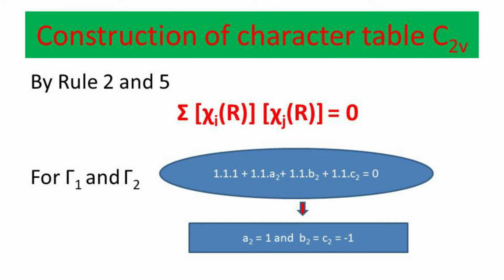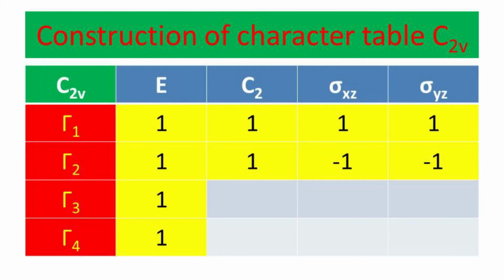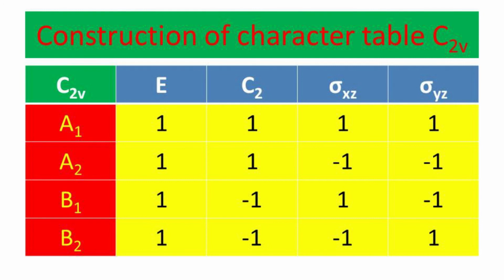It is possible only if one of the values remains 1 and the remaining two values remain minus 1. Actually, three such possibilities are there. What I want to say is, out of the three unknown characters, one character will be plus 1 and the remaining will be minus 1. So how can I represent the answer? For gamma 2, I consider plus 1 for the first unknown. For gamma 3, I consider plus 1 for the second unknown. And for gamma 4, I consider plus 1 for the third unknown. Now we have the complete set of characters.